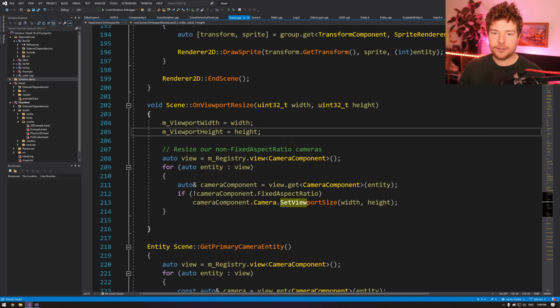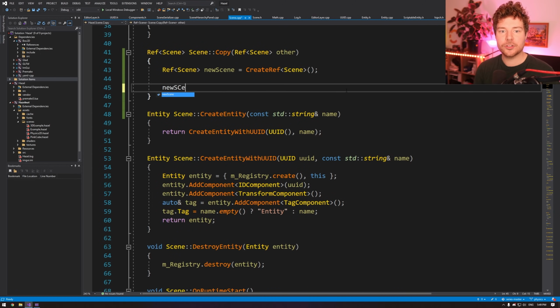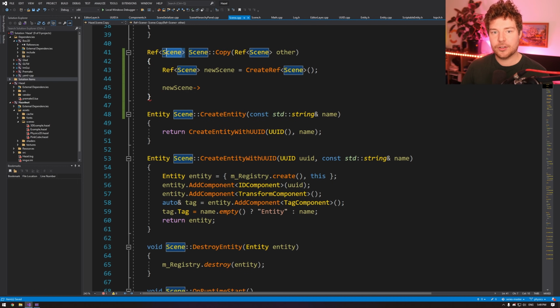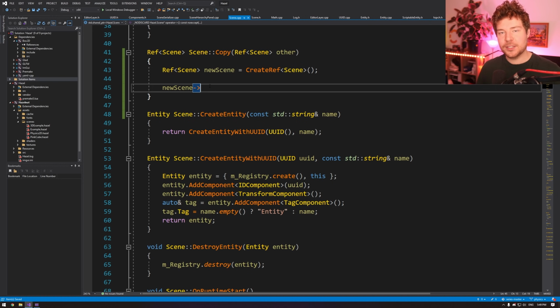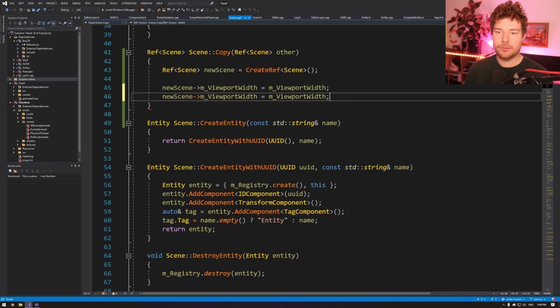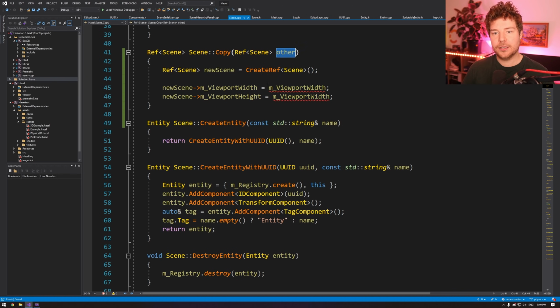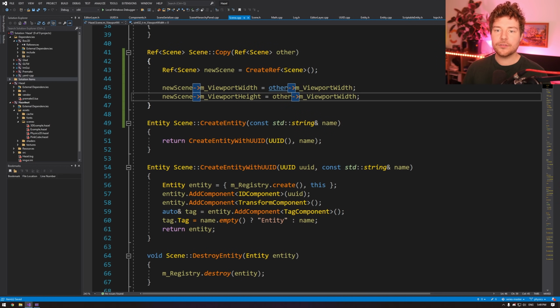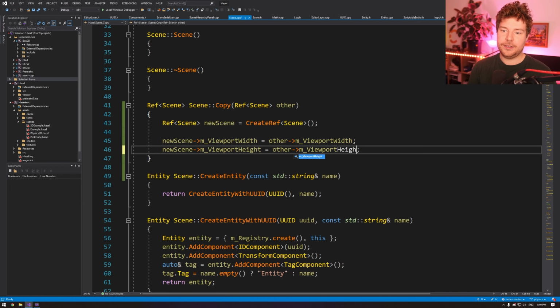So what we'll do actually, as the first step over here, is we'll just copy those values, right? So new scene, and by the way, I could use a copy constructor, I'm aware. I just wanted to make this return a ref specifically and be a little bit more explicit as to, you want to copy this. So that it's not an accidental copy. So we'll do new scene viewport width equals viewport, height is obviously what I wanted. And then we'll do height, and sorry, this is static, right? So we need the other scene as well. So other is like the source, that's like the destination. I could rename them the source and dest, but I guess we'll keep it like this